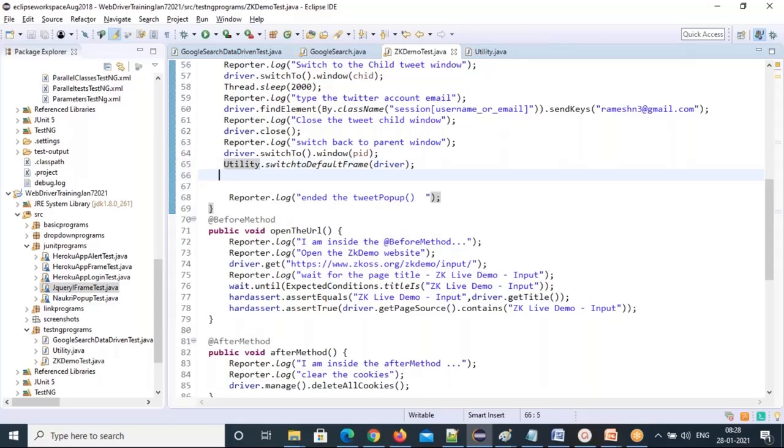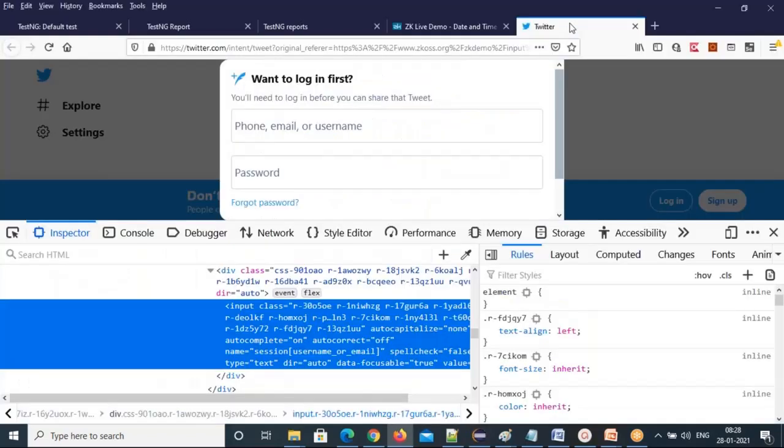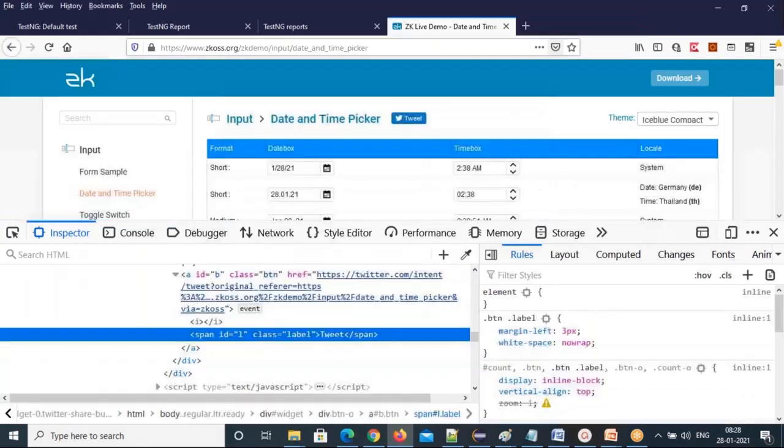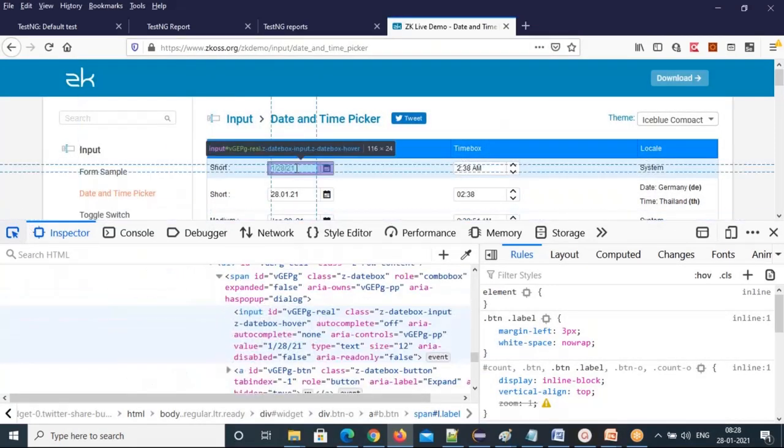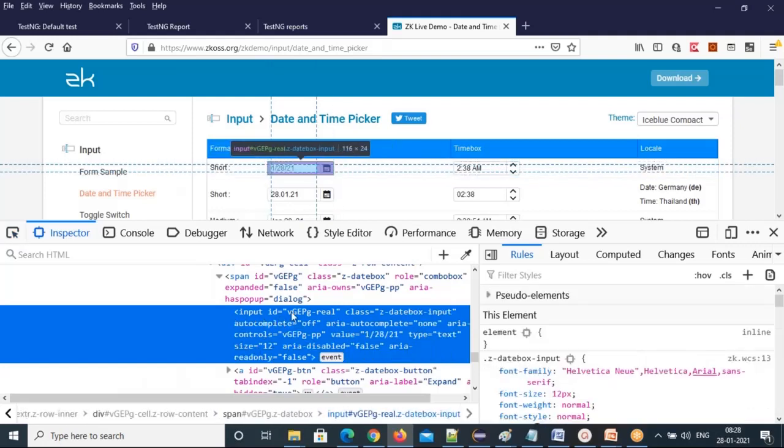Now you came here. Now what we need to do in the parent window? First, I need to identify this edit box, the date edit box. See, don't take ID in this website. ID, name, you should not use. These change dynamically, so don't use that. So I'm just using class. There is no chance of changing this text date box input. That's why I'm taking this class value.